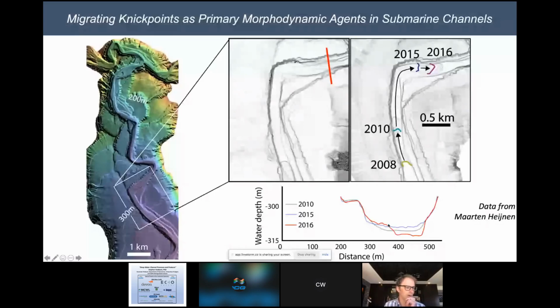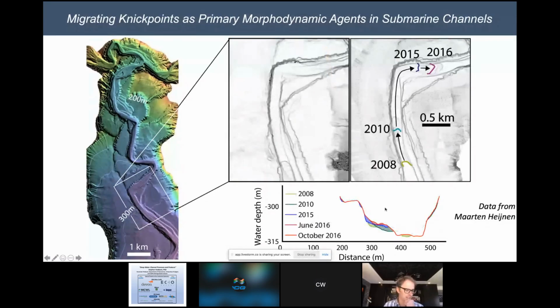And these are profiles of the channel through time. Green in 2010, 2015 in blue, and 2016 in red. What's happened in 2016 is the nick point migrated across the zone of this red line. It's carved a hole in the channel and got rid of other stratigraphy. So the notion here is that once it does that, it'll leave this series of cut and fills within the channel itself, cut and fills that ultimately are just tied to the regular migration of nick points